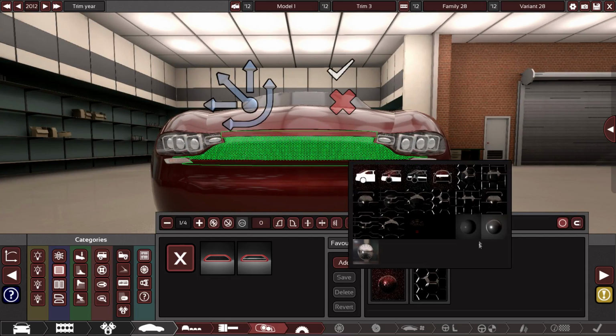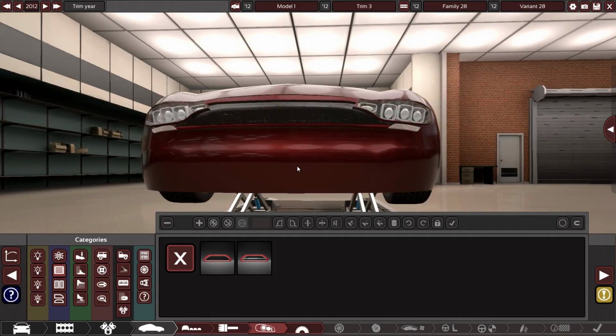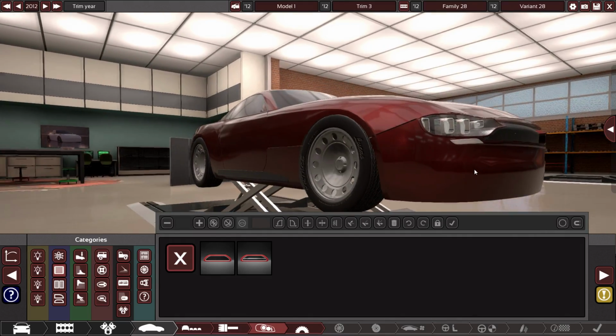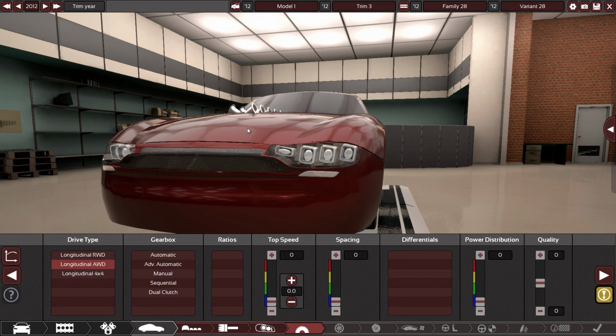That's not going to work, but I think it looks okay as is. And then we have turn signals as well, because these lights don't have turn signals. It looks a little sad, but it doesn't look bad. Overall, pretty okay with that. So if we skip ahead to drivetrain, and I'm thinking we go all-wheel drive, you'll see